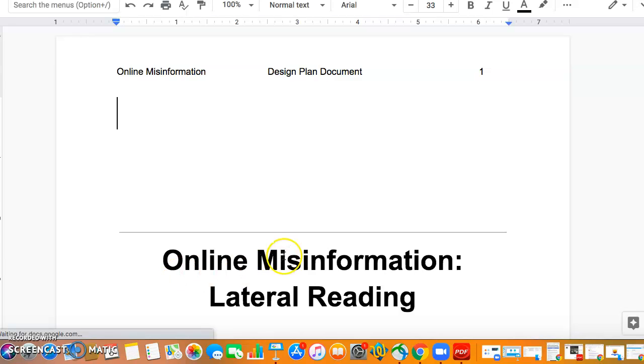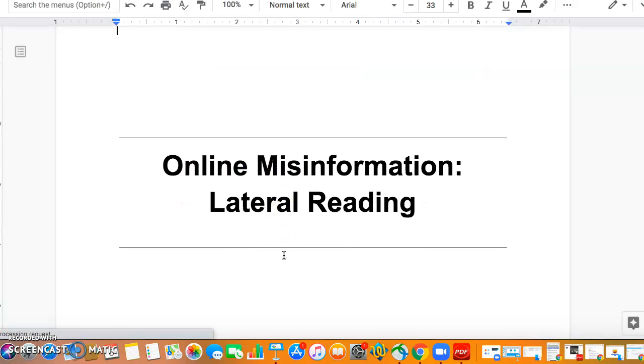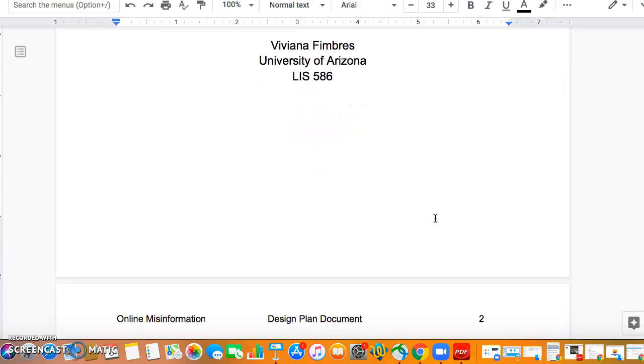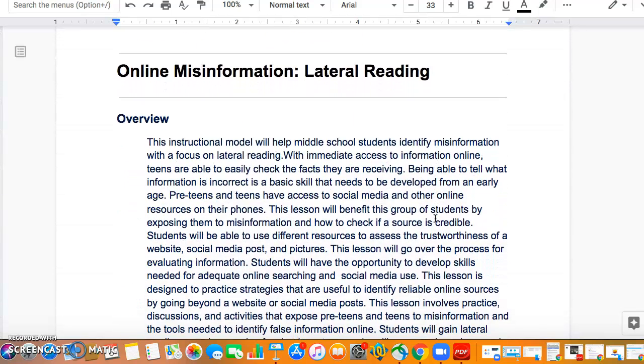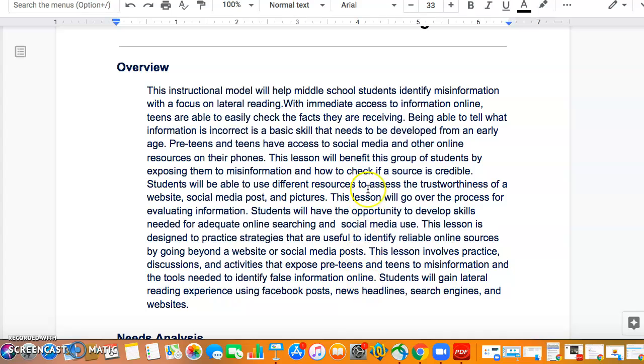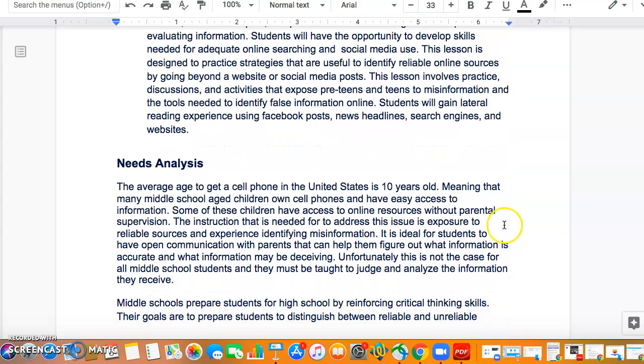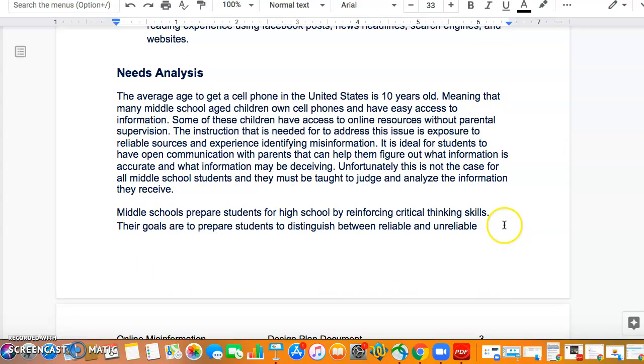So I have changed my title. I added lateral reading just because that's the main focus of the lesson. And I added a little bit more information in the overview. I received some feedback that I needed to include a little bit more information of the types of activity that the students would be completing during the lesson. I didn't make